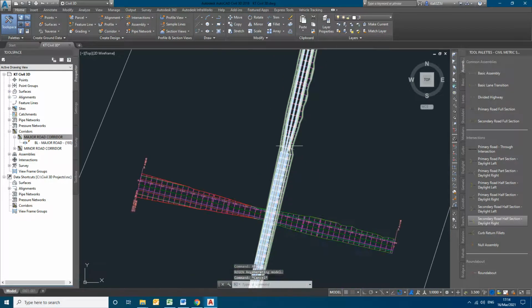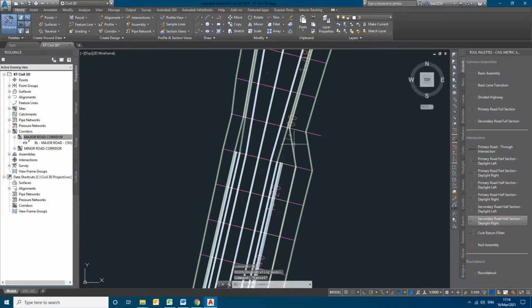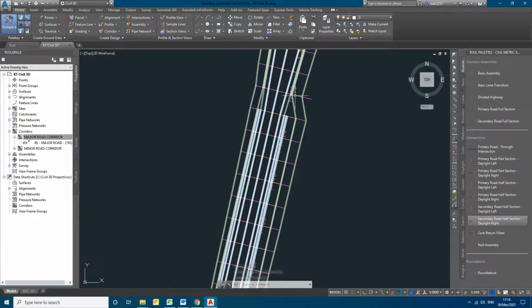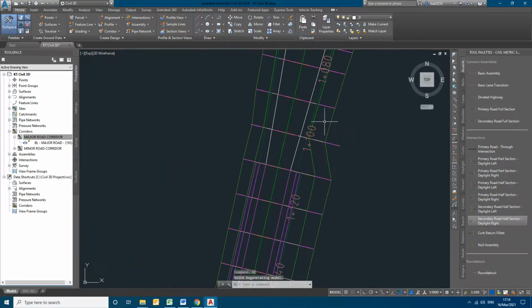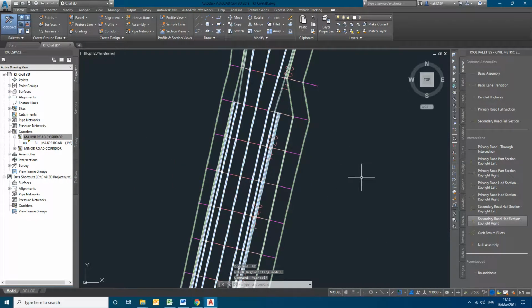Now you can see fill lines have also been clearly formed. Earthwork lines. You see earthwork lines are also clearly formed.